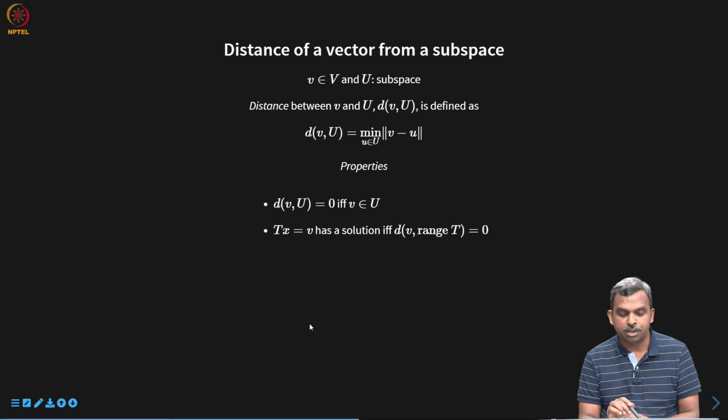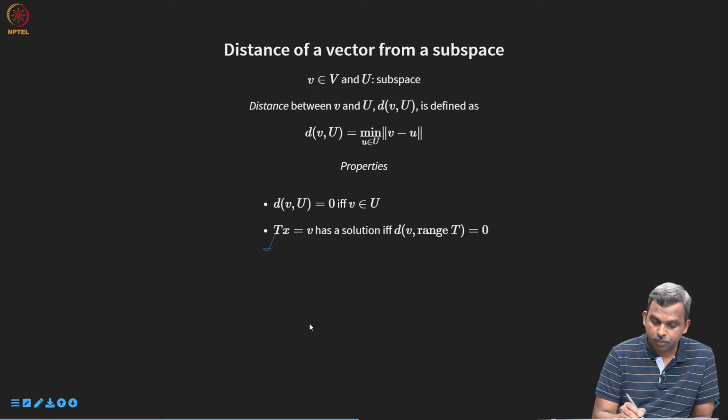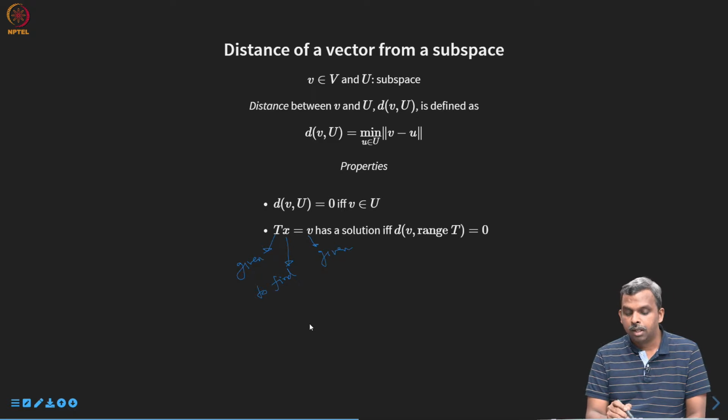to solve linear equations. So supposing somebody gives you an operator T, a general operator T, and then you have to solve for Tx equals V. V is also given. V is given, T is given. You have to solve for x. Okay. Supposing that's your problem. So these two are given. This is given. Find this, to be found. Okay. So this has a solution